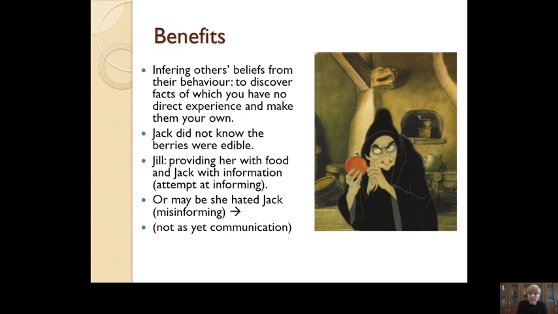Inferring others' beliefs from their behavior means that we can discover facts of which we have no direct experience and make them our own. This is just a process of education. You accept something that you have not experienced, that you haven't seen, for instance. Now, coming back again to Jack and Jill, mind you that Jack did not know the berries were edible, but now he knows. So Jill provided herself with food, but at the same time, she provided Jack with information